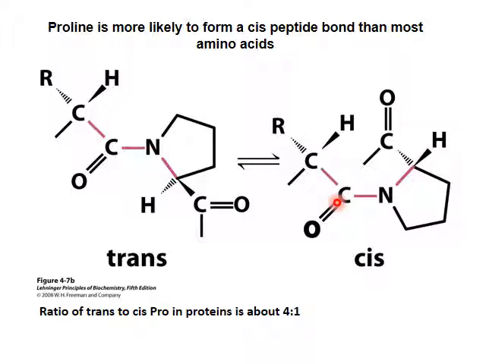whereas with other amino acid peptide bonds, it's not going to be energetically favorable to go from trans to cis. So the cis-trans isomerization of prolyl-containing peptide bonds is actually important. It can activate a protein from non-functional to functional. And there are enzymes that help catalyze this isomerization to favor the formation of one form or the other when we're